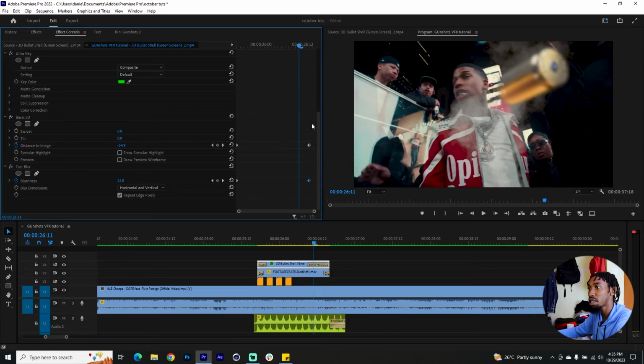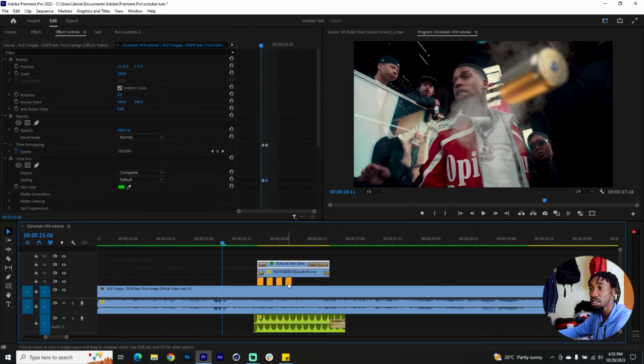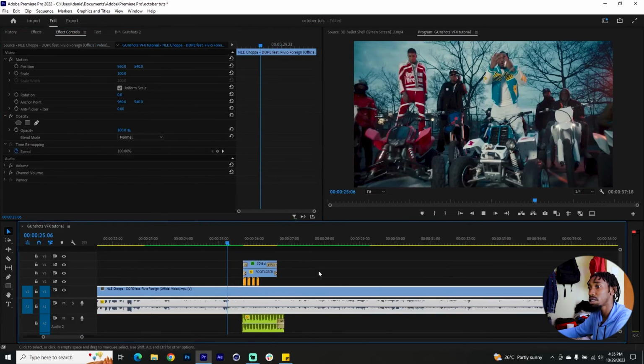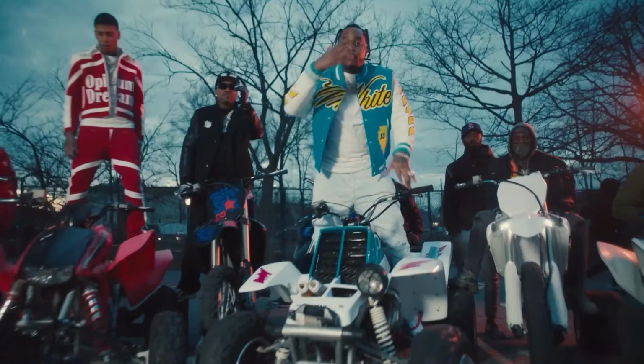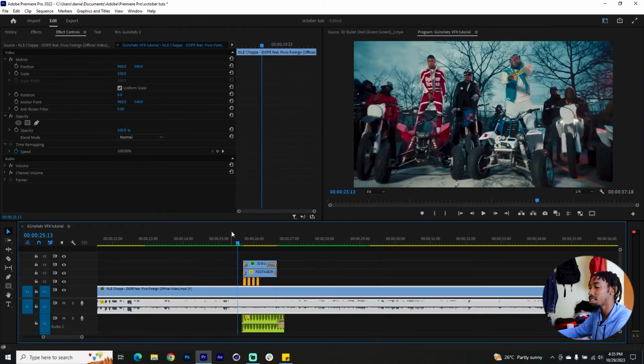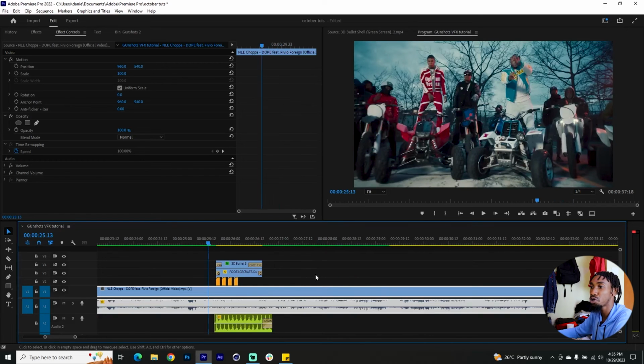We can align all those keyframes together so that we have something that looks like this. That's a perfect shot. I think you can also duplicate this bullet shell if you want. You can also make multiple copies of it and maybe do your thing, make it even look better than I